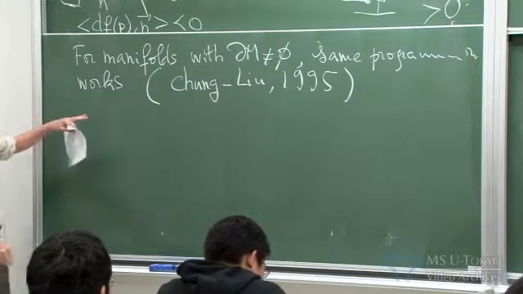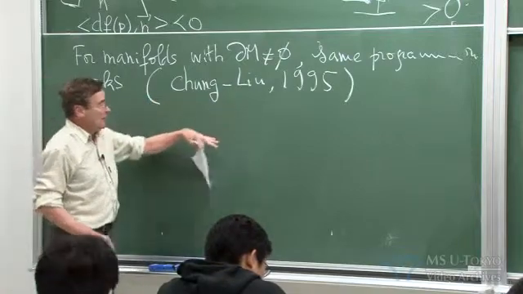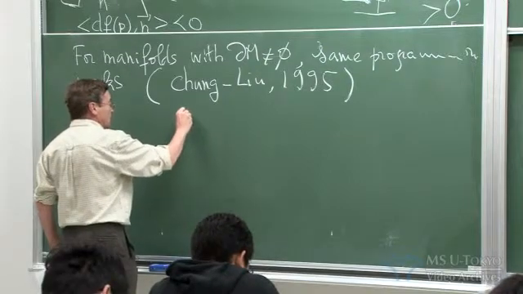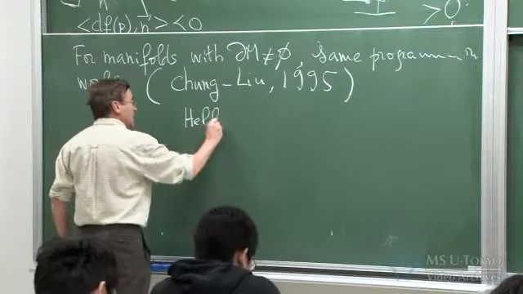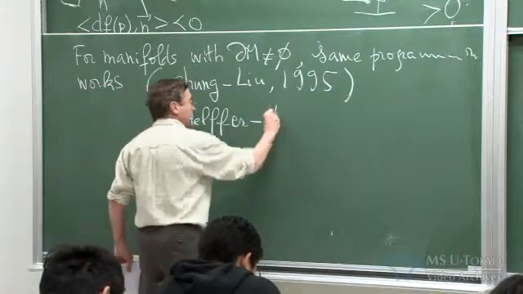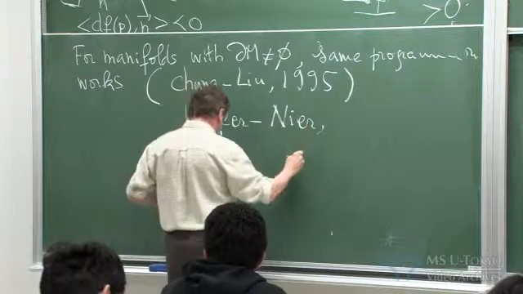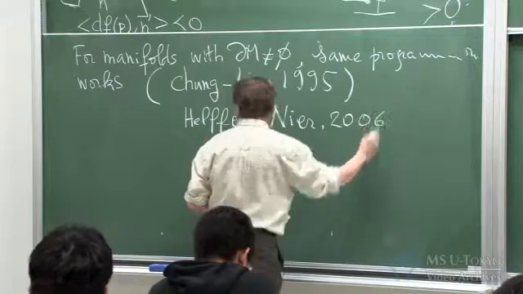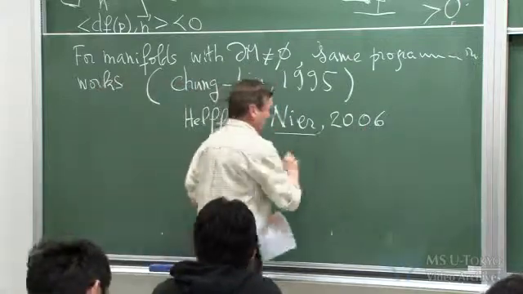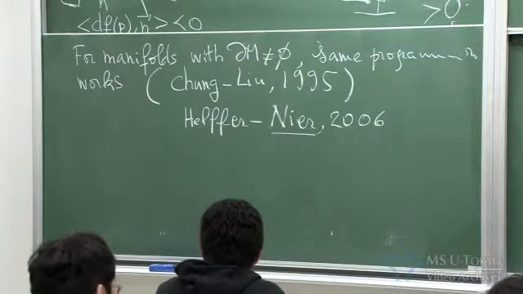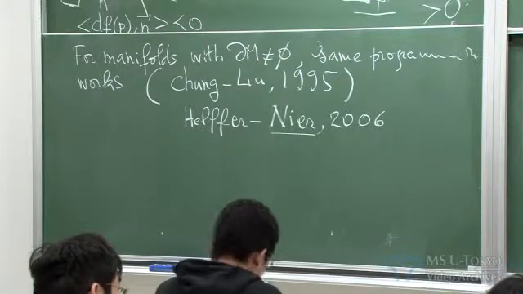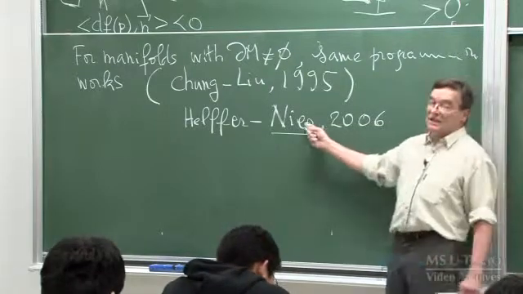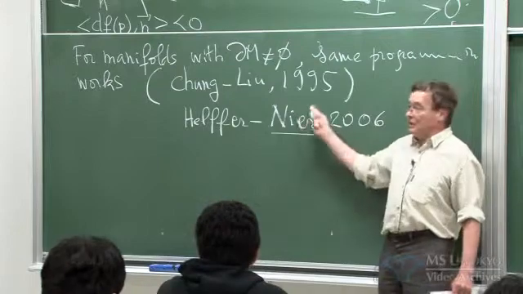And there are some additional assumptions here, and the final theorem is due to Helffer and Nier in 2006. And Francis Nier is a mathematician at the University of Rennes, which is in Brittany, in France,